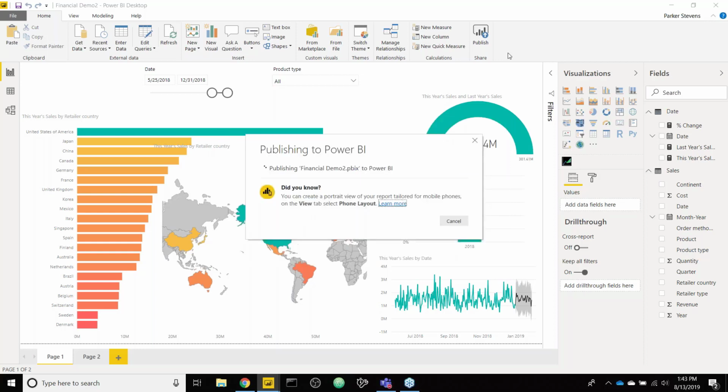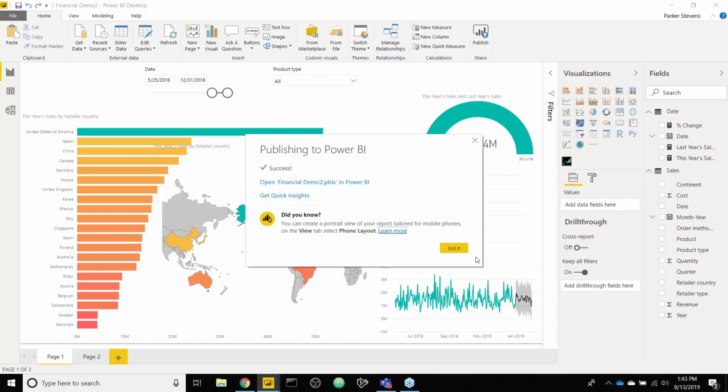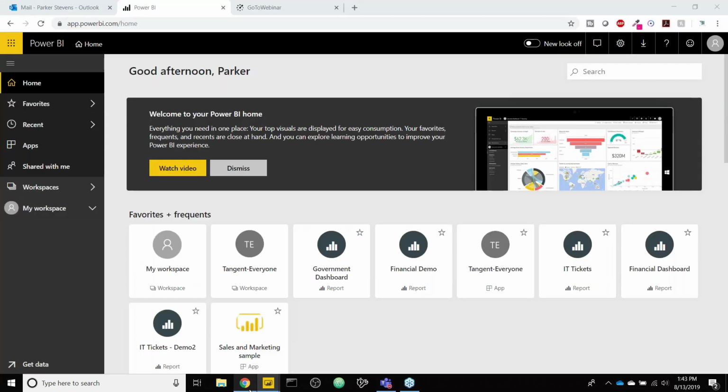No one else will have access to this. It's only my portal, or only my little area within that portal. Depending on the size of your dataset, this may take longer. This isn't too long of a dataset, so it shouldn't take too long. And success, this has been published up. We can navigate over to